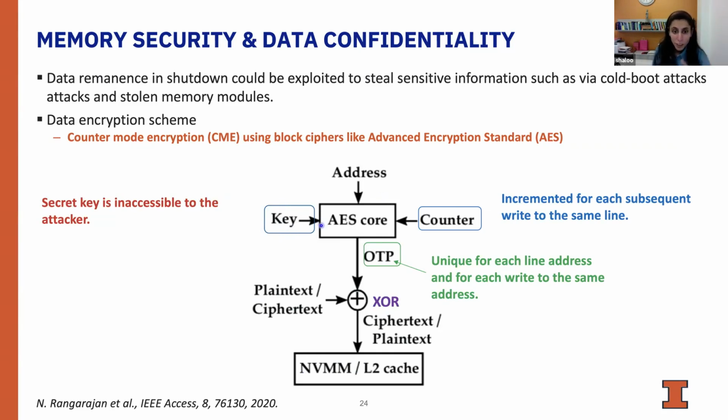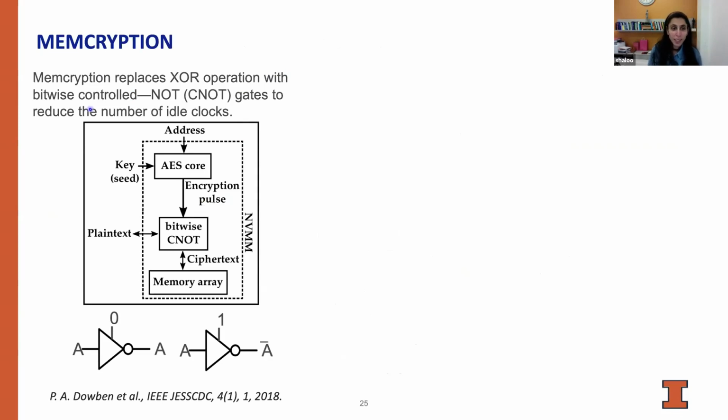But one of the biggest issues with this CME kind of scheme is that it's basically targeted towards slow memory systems because it encounters encryption overheads. So in order to alleviate that, we came up with our own encryption scheme called In-Memory Encryption. And this was also a good sandbox for us to test our SPICE models